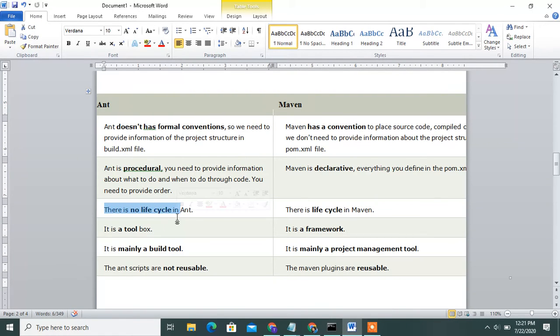Okay, there is no life cycle in Ant. There is a life cycle in Maven.